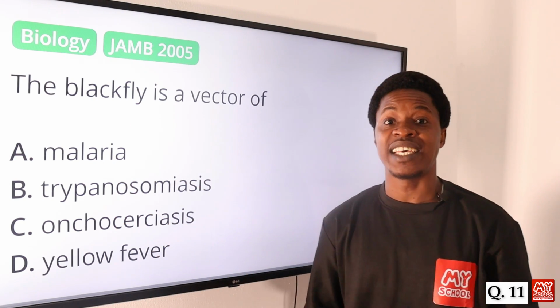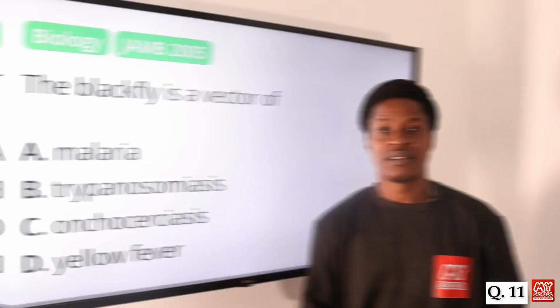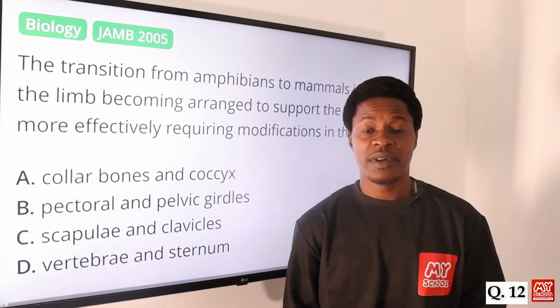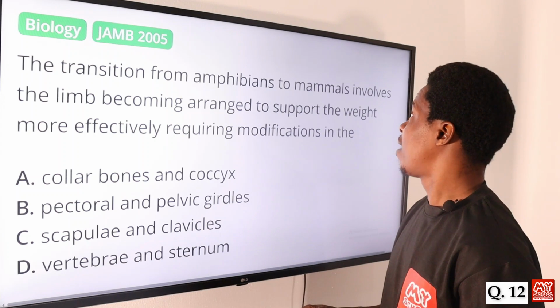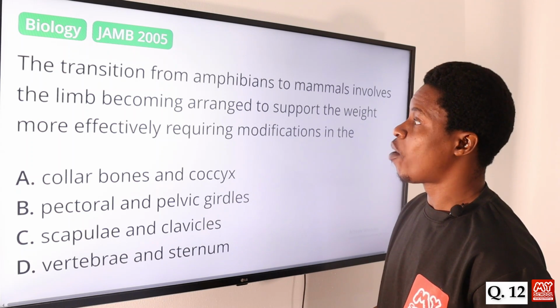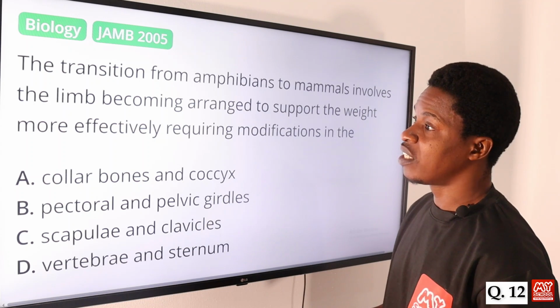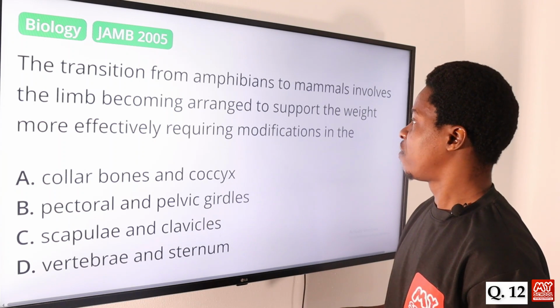So the correct answer is option C. Now let's move on to question number 12. The transition from amphibians to mammals involves the limb becoming arranged to support the weight more effectively, requiring modifications in